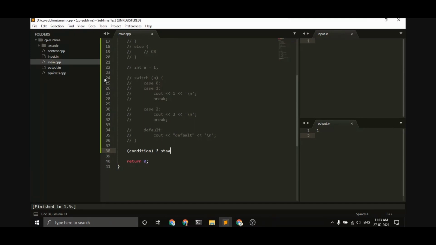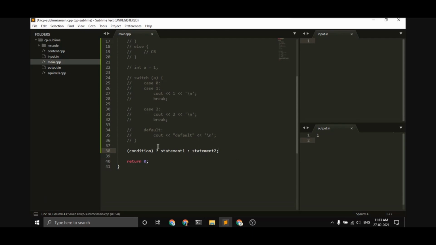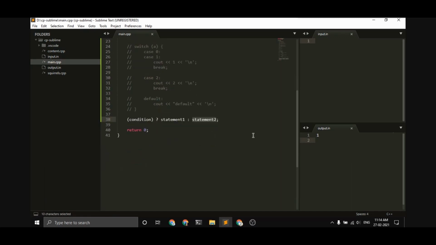This would be your statement 1, and then this will be your statement 2. So this basically means to execute statement 1 when the condition is true, or execute statement 2. So if this is true, we'll execute this, else we'll execute this. Yeah. So these are the three conditional expressions in C++.